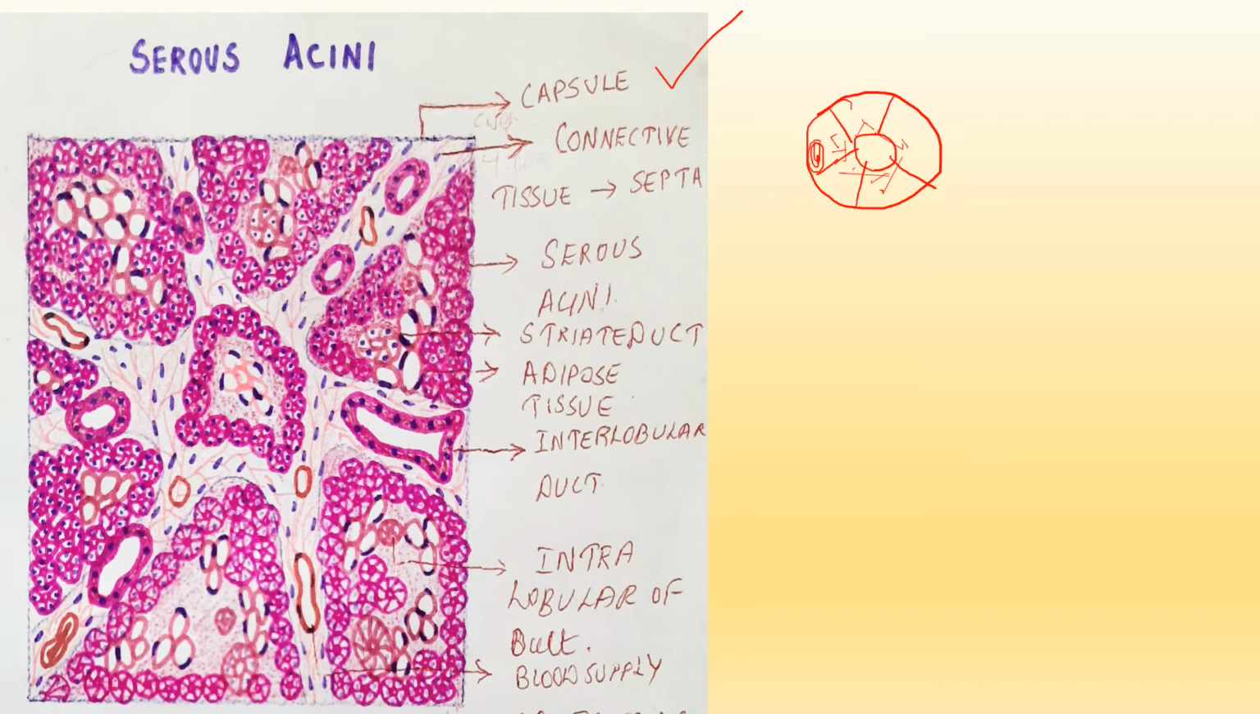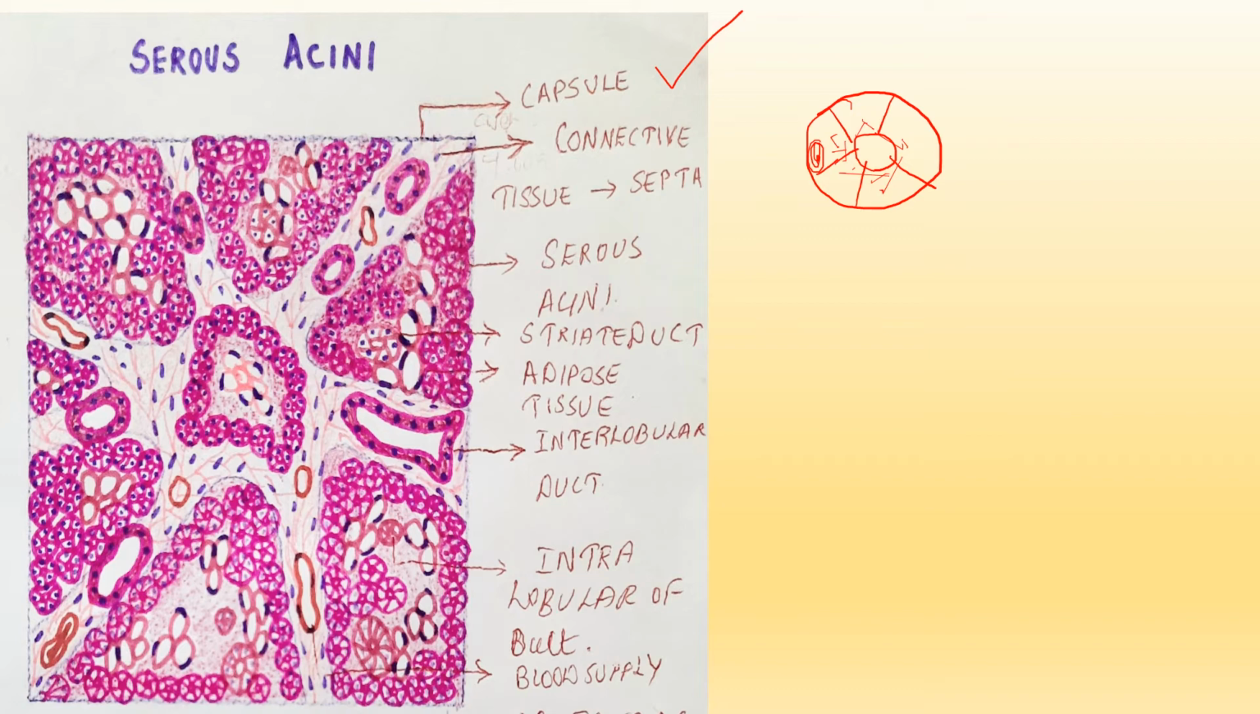So coming to the duct, initially the intralobular duct or the intercalated duct will be lined by a cuboidal epithelium. Then when it merges to the striated duct, it is lined by a columnar epithelium, and then finally when it lines the interlobular duct, this changes gradually from simple columnar epithelium to the stratified columnar or the stratified squamous or stratified